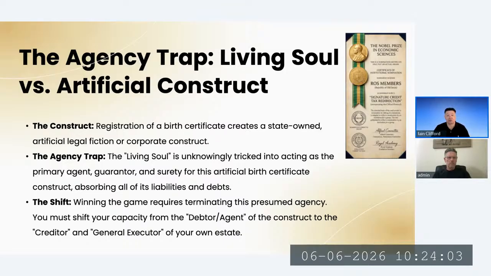But when you get to the age of majority, which is for most countries 18 or 21, you start to operate as the player, but you start to hold yourself out as if you were the player piece, this straw man entity, this birth certificate construct, ens legis, person, citizen entity. And because you do that, you are operating an identification fraud, because you're holding yourself out as if you were the birth certificate construct, when of course you're not. You're the living soul. You're actually the agent for it.